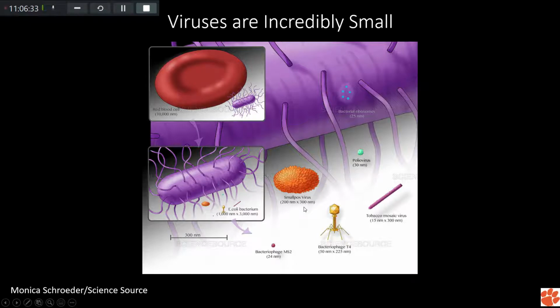So see that one of the largest viruses that we used to know for a long time is about 300 nanometer by 200 nanometer smallpox viruses. So you need electron microscopy to do that. So the definition of the viruses, all throughout the history, is that they are microscopic. Well, not microscopic, they're submicroscopic. You cannot see them with a light microscope. You need an electron microscope to see them. Well, that definition is going to change, and we are going to see that.